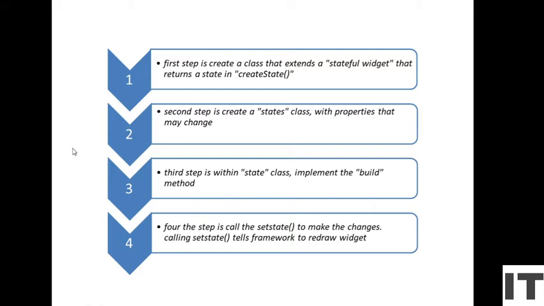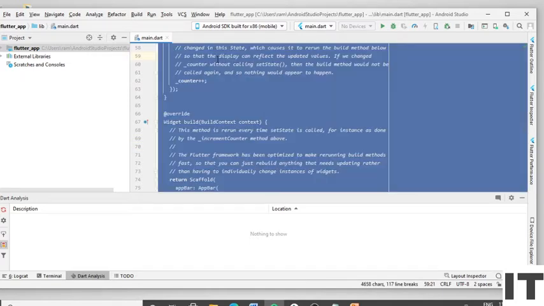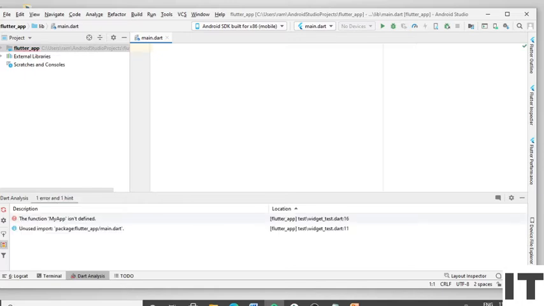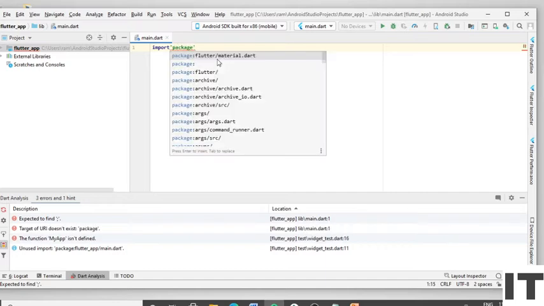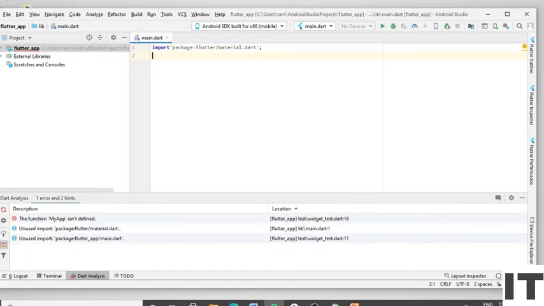Now I am showing the example of the stateful widget. Create the Flutter project and delete the default code. First import the material.dart package. Define the main method.